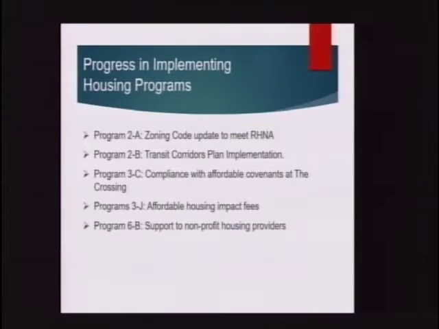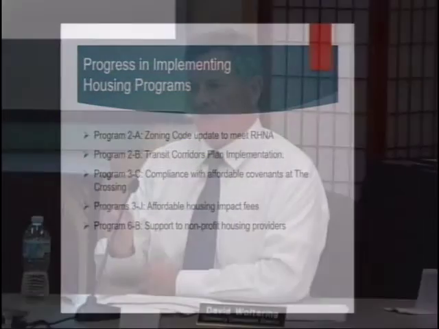The city approved the crossing project. The crossing project here in San Bruno near El Camino Real has 325 deed-restricted low and very low-income units. And that was done during the period of time that the city did enjoy the redevelopment agency and the funding it provided. On a regular basis, it's important, and we do, monitor those covenants, those deed restrictions, to ensure that those units continue to be in place.